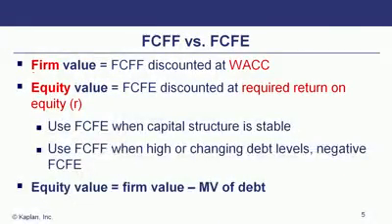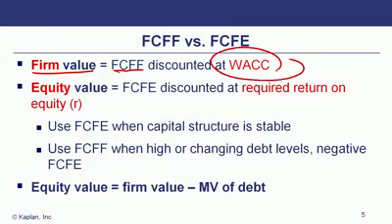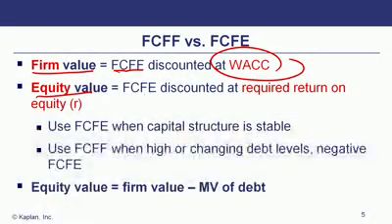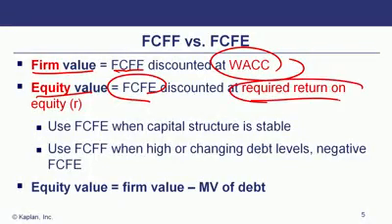All right, keep in mind the firm value under free cash flow to the firm is discounted at the weighted average cost of capital. Because why? Because remember, free cash flow to the firm is cash flow available to both the bondholders and the equity holders. And weighted average cost of capital factors in the cost of capital for both debt and equity. Under the equity value, what we're looking at is free cash flow to equity, and we will discount it based off the required rate of return of equity, right?